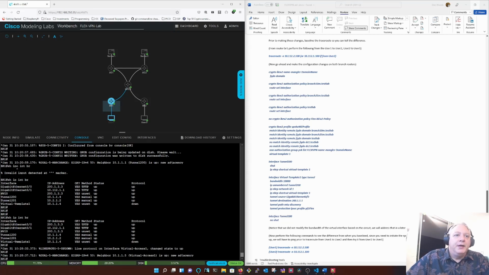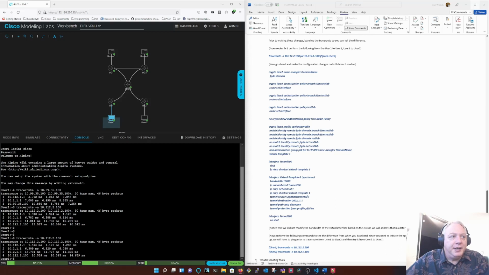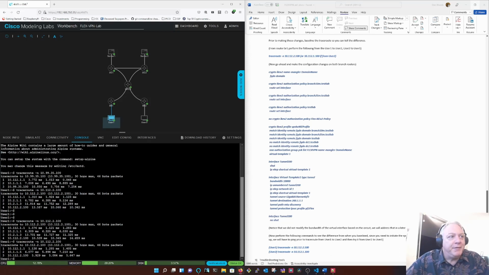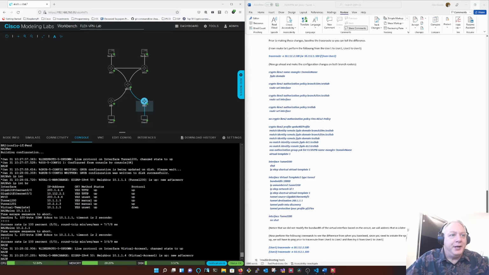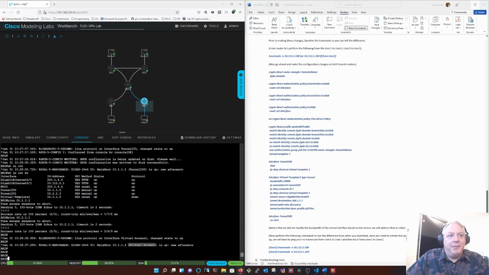Okay, so now we have the neighborship, we have the interface. Let's see if the next hop routing has been modified. And yes, it has. However, that's only half the battle. We also need to make sure that it works this way as well. So you see here, the interface did come up,